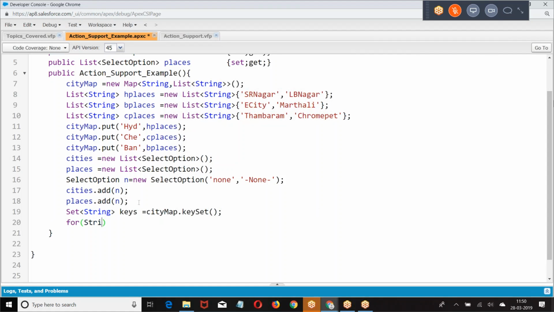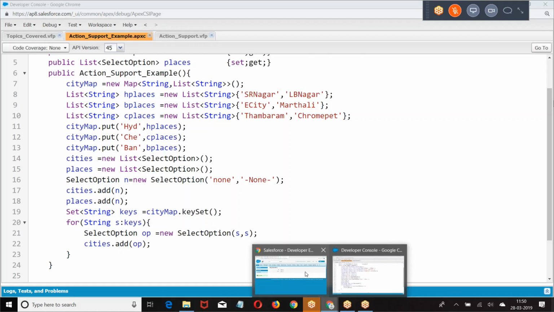Then take one by one key, select option S, then we added here, take one by one key, add the cities, go back here,